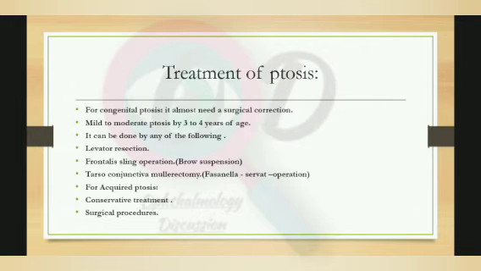Now the frontalis sling operation includes a silicone thread attached with the brow suspension. Whatever the ptosis is there, we will attach the folds of skin with the silicone material. With that we will just reattach our skin or upper fold of eyelid with the eyebrow. Okay, so this can be seen in the video.